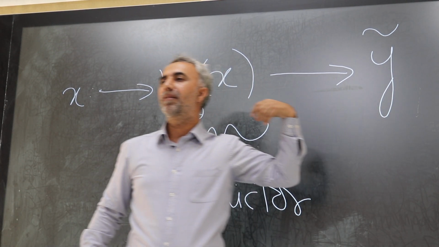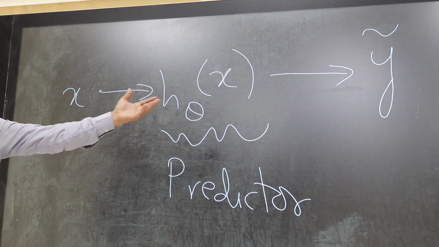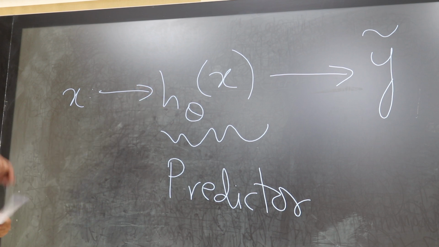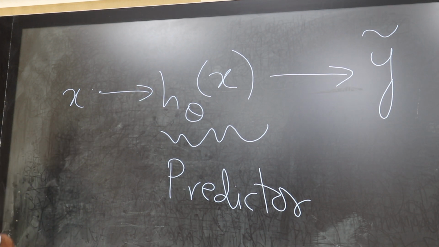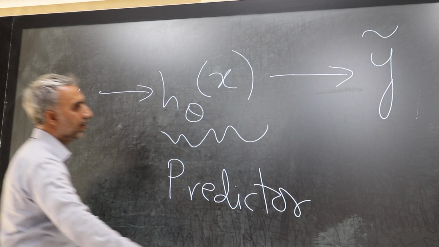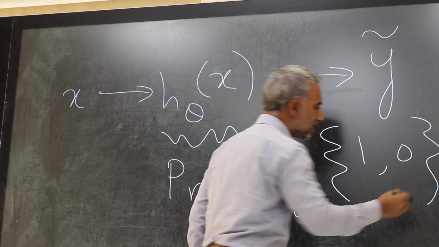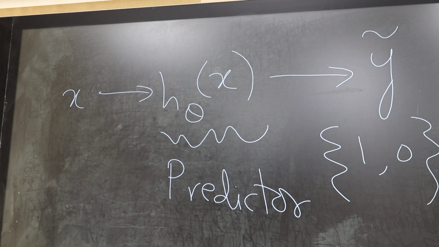Depending upon your given ground data, you will compare whether this output is spam or not spam. So this one is binary classification, or you can say it's very simple. In this situation, you say it belongs to 1 or 0. Some people say +1, -1. This is known as